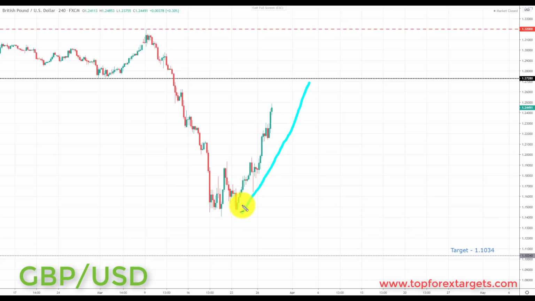However, going into this week, the further we pull back, even if there are no trades to be taken here, the further we pull back, the better, because this is giving us better profit potential down towards the target. This is giving us better risk to reward setups. So going into next week, we're still focused on bearish setups in this market. What we'd like to see is price pulling back potentially now towards the key area of resistance at the 1.27280. And we're going to be looking next week for bearish setups in this market. And if we get the right kind of bearish setups, we're going to be looking at initiating shorts down towards the next key area of support to the downside and the target set at the 1.1034.